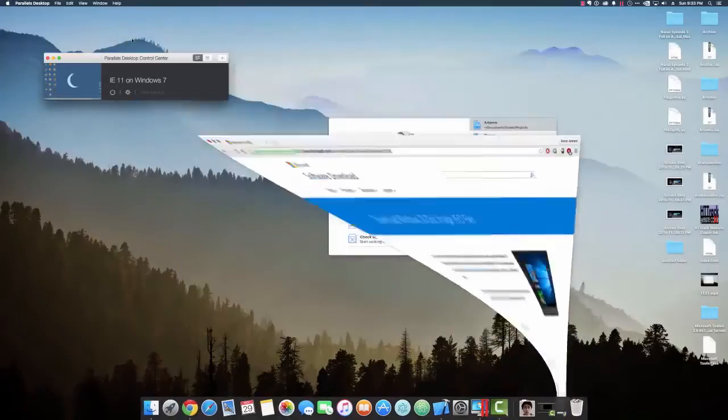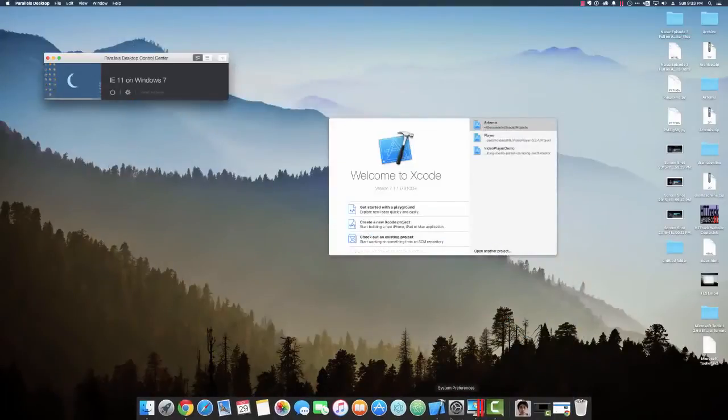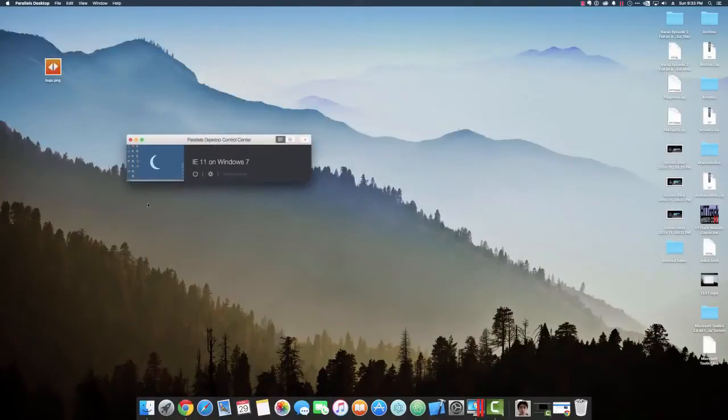A quick intro. You may be asking me, what is Parallels Desktop 11? It is a piece of software that allows you to run Windows inside of OS 10. And there are other programs that let you do this. There's Boot Camp for Mac that lets you run it natively. And then there's Parallels, and they have a competitor called VMware, which allows you to virtualize it so you can run it inside of a window. I'll explain more in a second, but